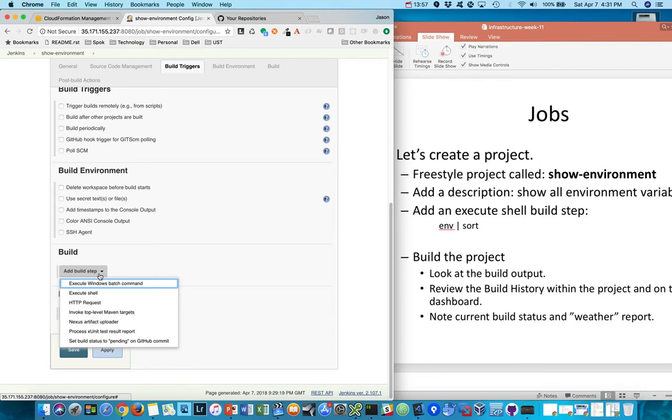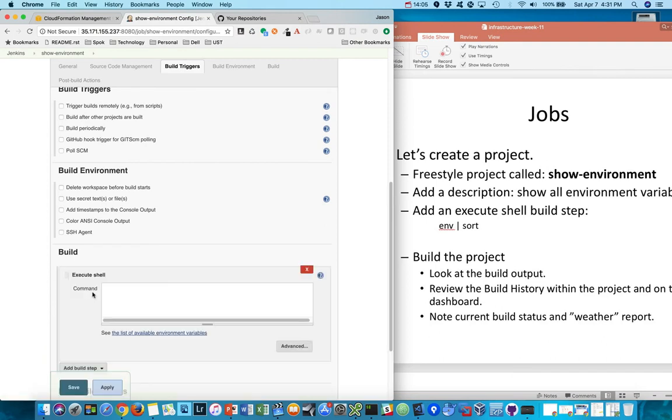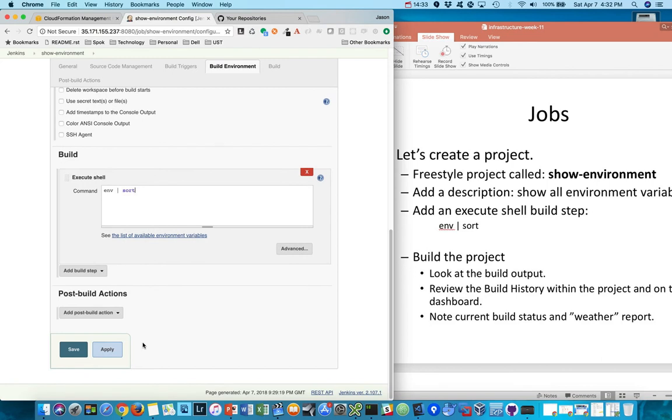So we're going to add a build step, and there are different types of build steps we can create. This one, we're just going to create an execute shell build step. In the execute shell build step, we specify the shell command that we want the job to run. In this case, I want it to run the env command, which will display all of the environment variables that are present when the job runs. I'm going to pipe that into the sort command so that it will sort those environment variables in alphabetical order. So I'm happy with this job configuration. Now I'm going to save the job,